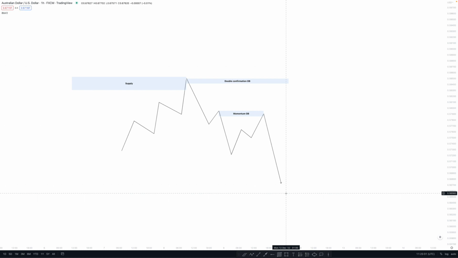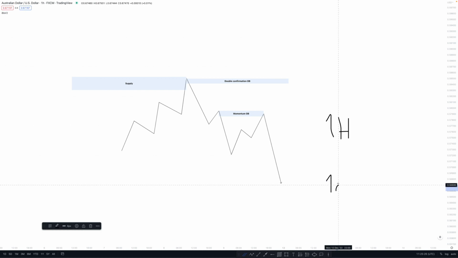So again, trading is a long-term game and you need to focus on probabilities, and this is why we focus only on one time frame, and that's the 1 hour time frame. So again, guys, the hybrid strategy can be executed on the 1 hour time frame, and if you're a beginner, I really do recommend you focus only on the 1 hour time frame. The hybrid strategy can be executed as well on the 1 minute time frame. So we are executing our trades only on the 1 minute and 1 hour time frames.